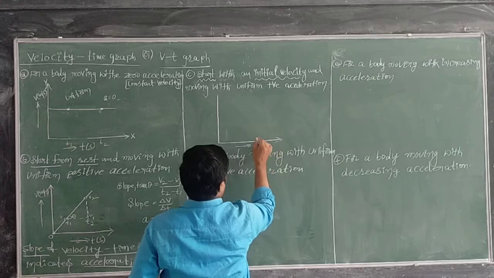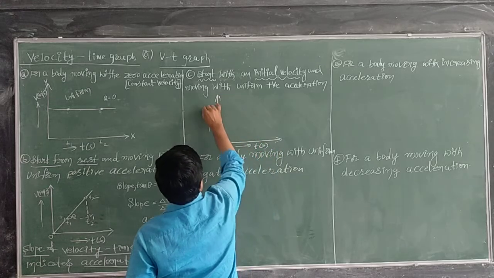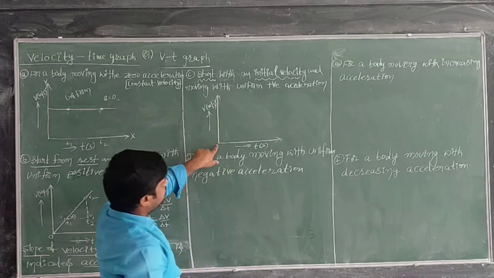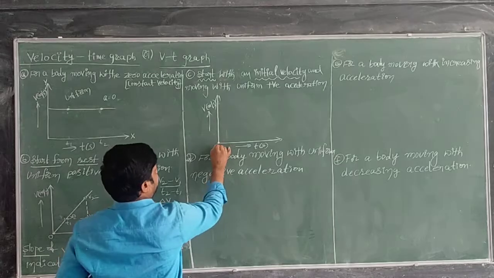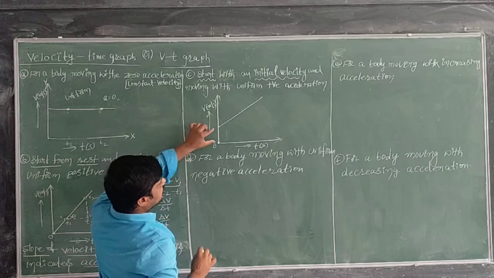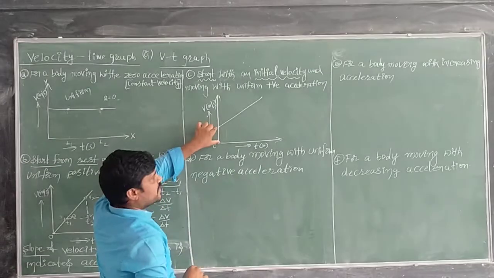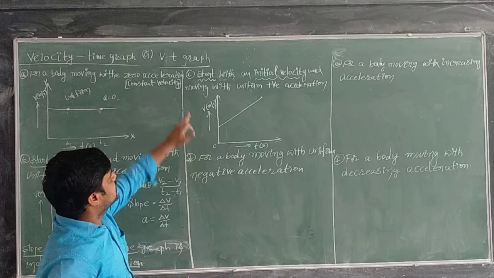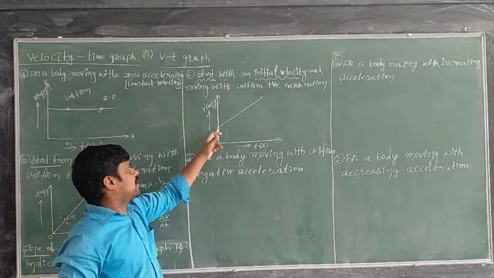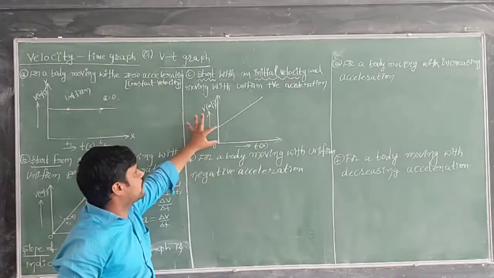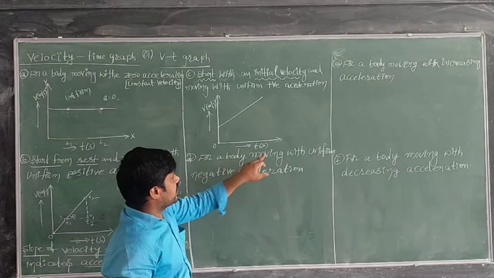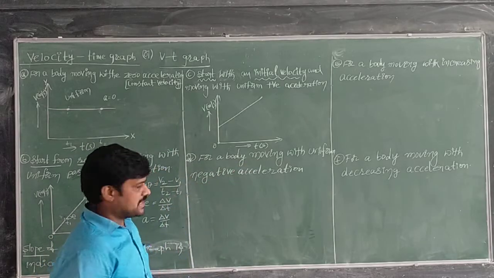Time on x-axis, velocity on y-axis. Okay, right. Start from rest means from the origin we have to draw the graph. But if you draw it like this, it means initially it is having some velocity. So the graph will look like this: start with some initial velocity and moving with uniform acceleration. Now this is nothing but uniform acceleration only. Here we have to take a small precaution. Like this.